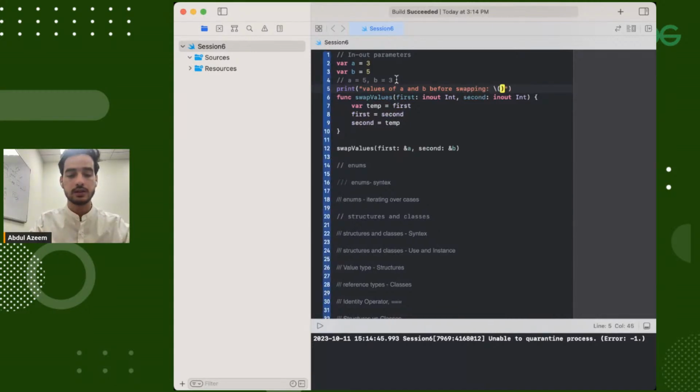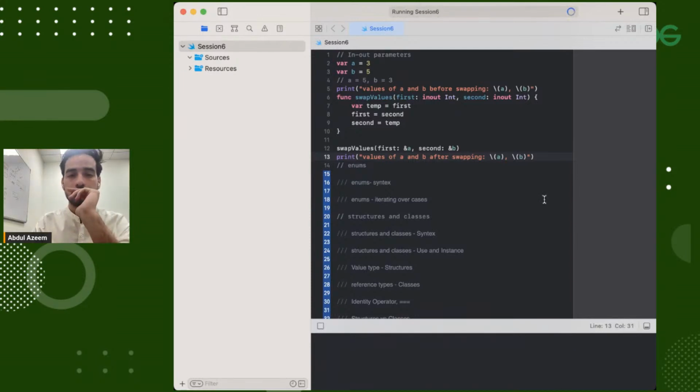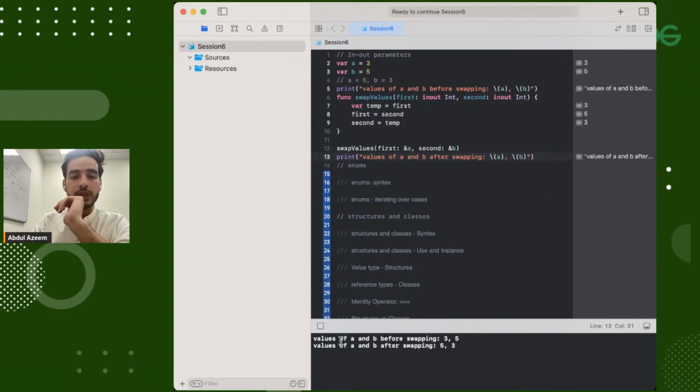So you'll see a, b, and now after calling this function, print this again, values of a and b after swapping. Now if I print this, you'll see values of a and b before swapping 3 5 and values of a and b after swapping 5 3. The value has been swapped and reflected back outside of the function because now we are changing in the